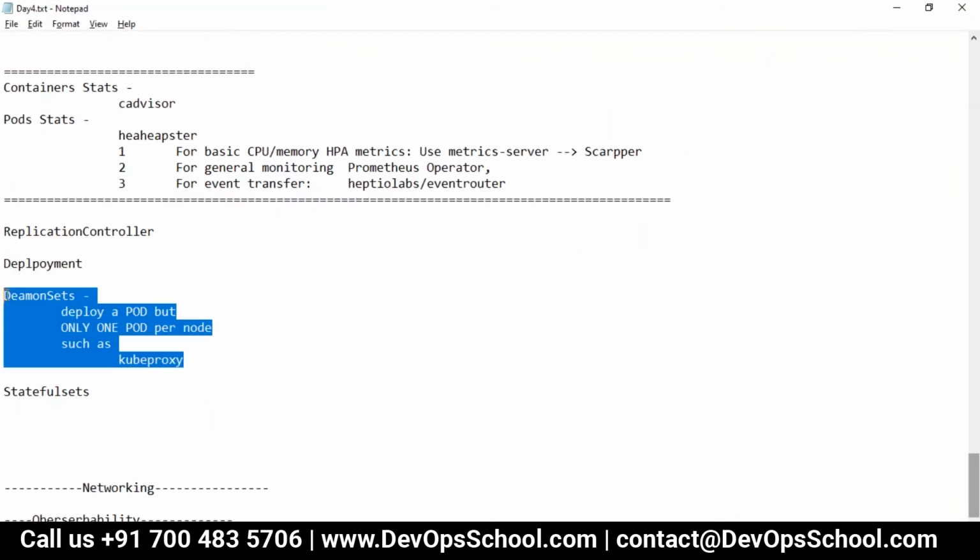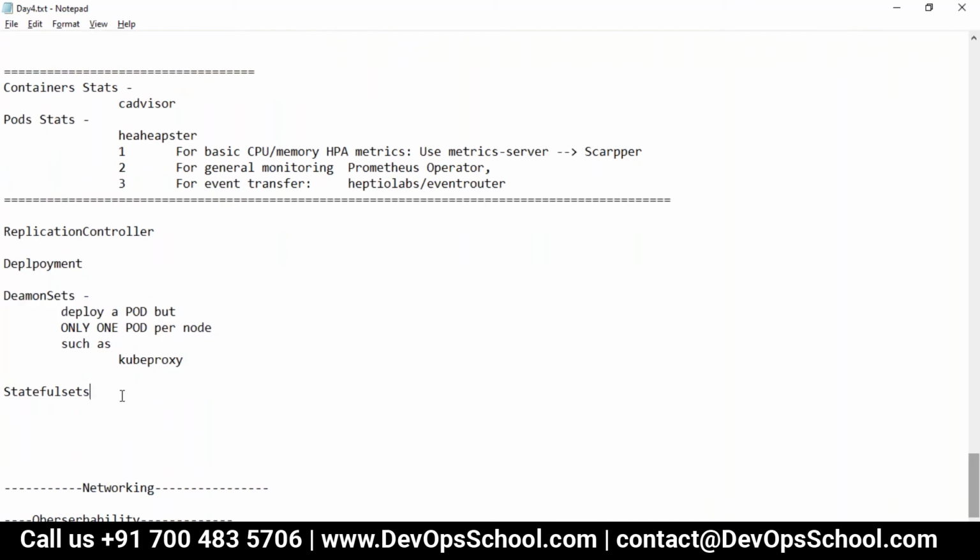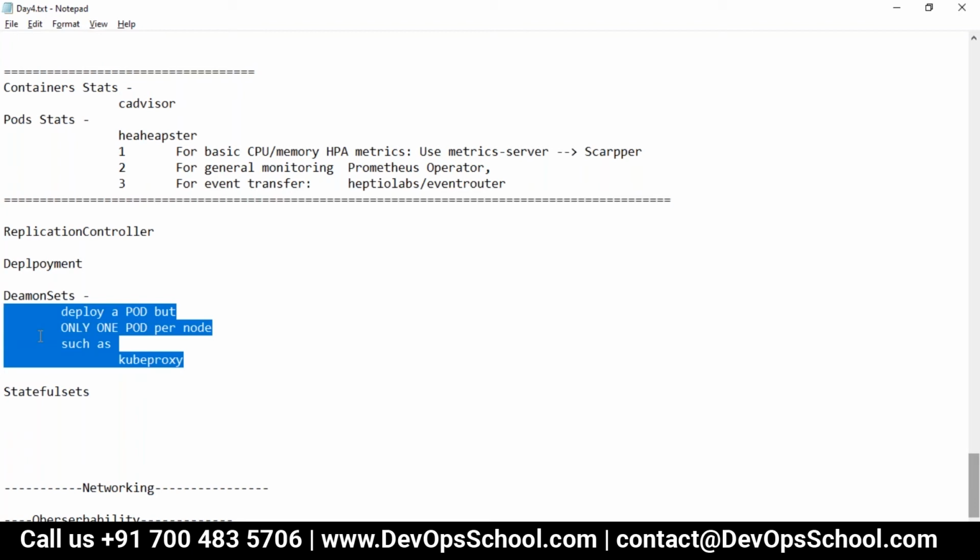Okay, so did you understand the daemon set now? Can I talk about the stateful set if you understood the daemon set? Rajesh, do we get metrics like pod restarts if we deploy this daemon set?